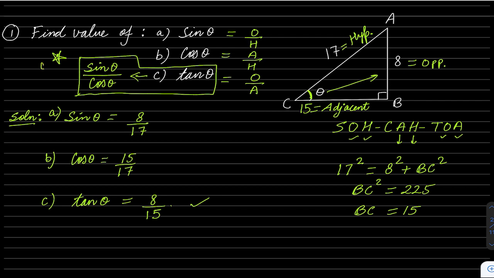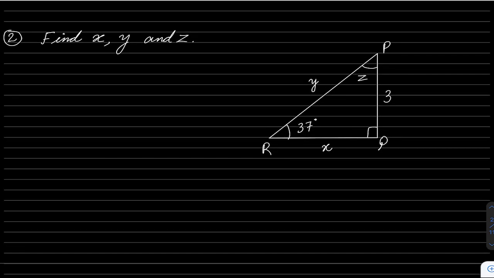So this is very important. You can remember this. Sometimes you have the value of sine theta and cos theta, so you can directly find tan theta. So basically, divide them. Remember this. Okay. So now you have a little idea about what is sine theta, cosine theta, tan theta, and how to find them. So let's try some more questions.